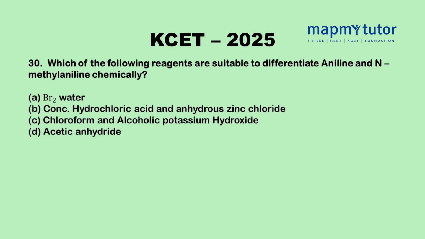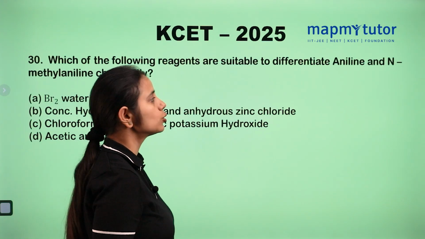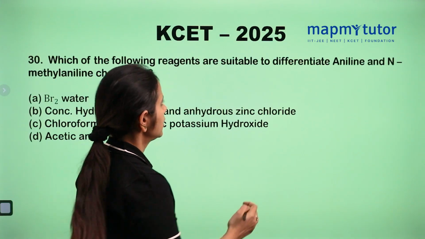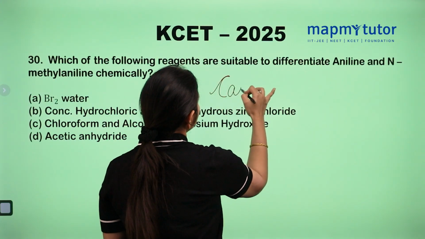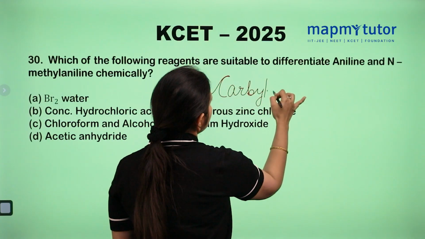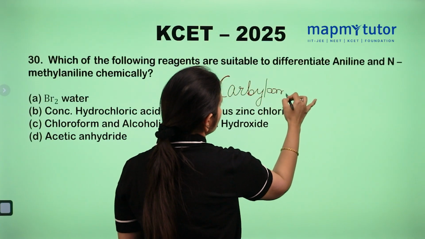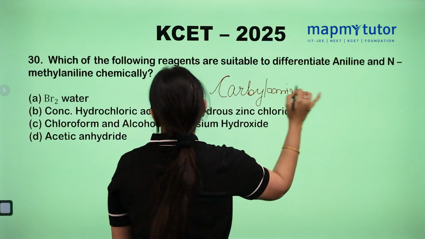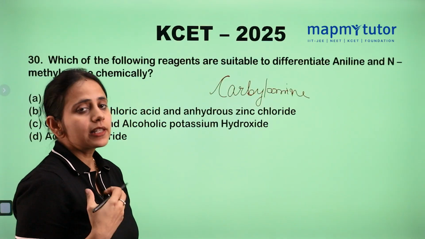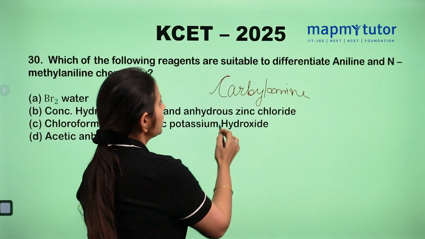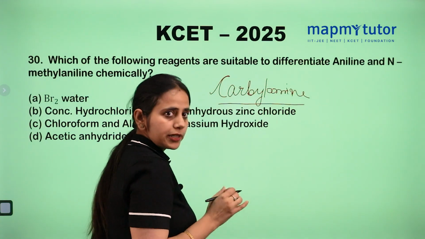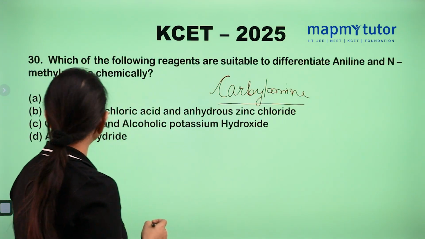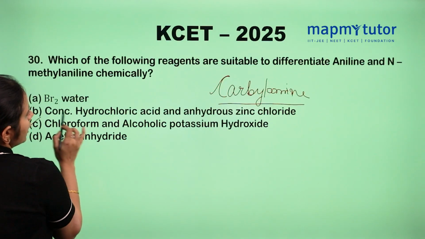30th question. Which of the following reagents are suitable to differentiate aniline and N-methyl aniline? This is a very famous test known as the carbylamine test, where we can differentiate aniline, that is a primary amine, and N-methyl aniline, that is a secondary amine. With the help of the carbylamine test, we can differentiate them, which includes the reagent chloroform and alcoholic